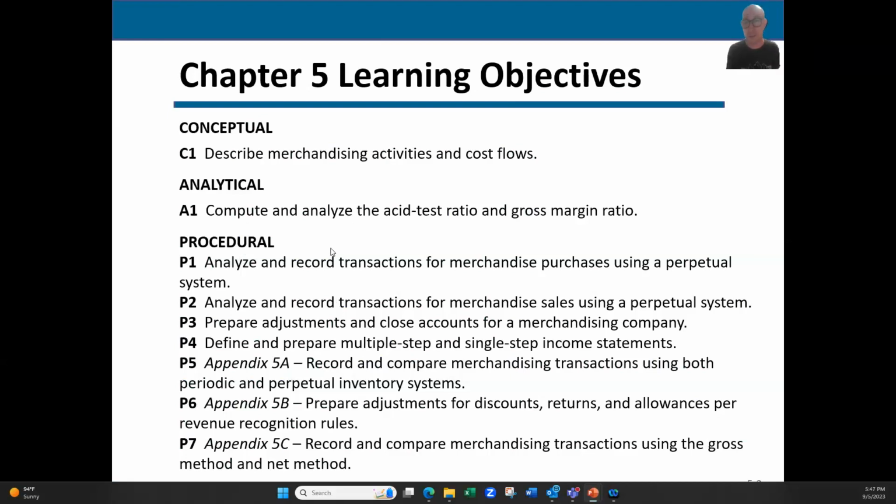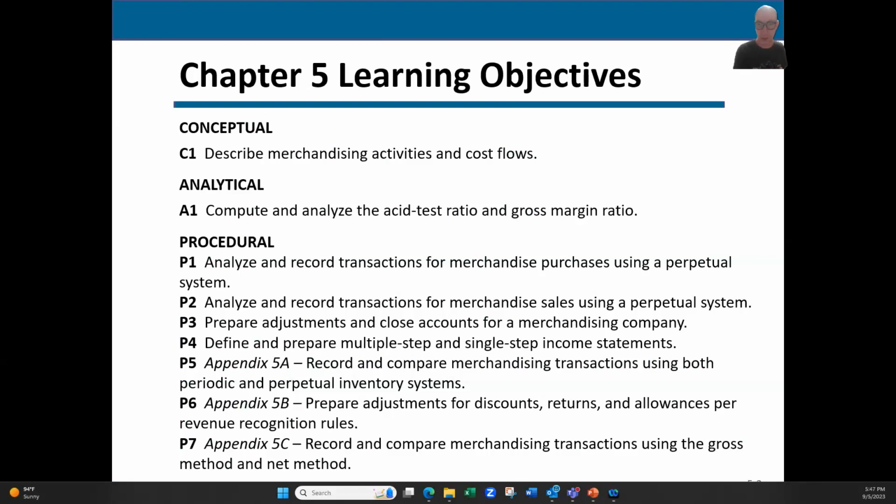This is more of a continuation of that type of conversation, because as we discussed early on in this course, everything builds on what you learned before. And that's very, very true, especially in this context of accounting. So we're going to talk more about analyzing and recording the transactions. We're also going to talk a lot about, in this chapter especially,